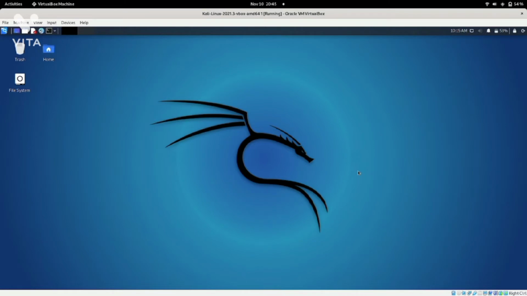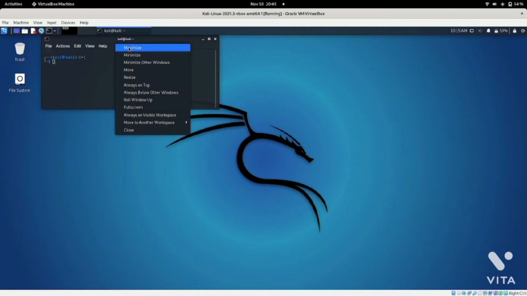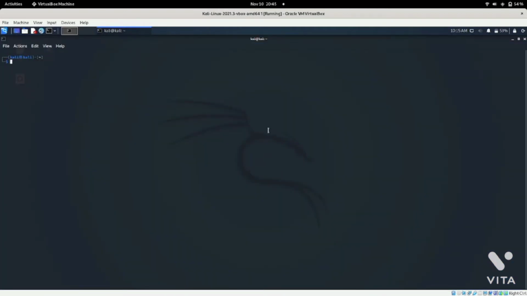So first we are going to check whether this software is in our system or not. For my convenience, I am first coming into root user. Okay, I have come into root user.